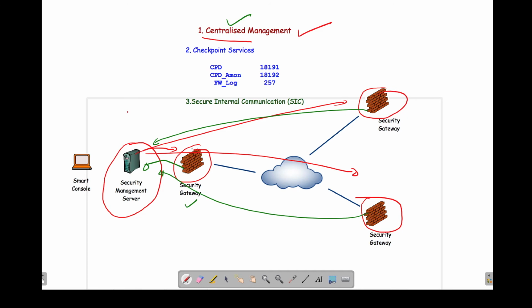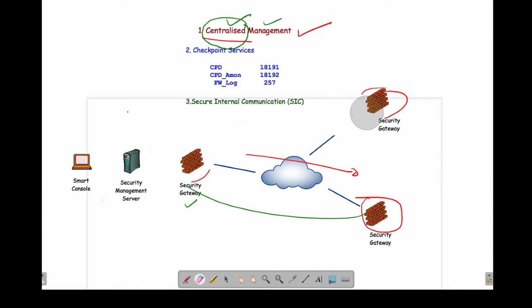We can also monitor all the firewalls, update all the firewalls, and manage licenses on all the firewalls. So you can take advantage of centralized management in managing all the firewalls in the organization. Now, let's understand what is meant by checkpoint services.